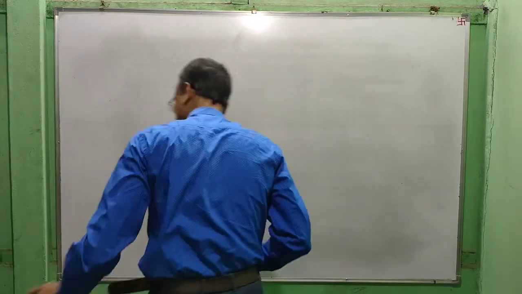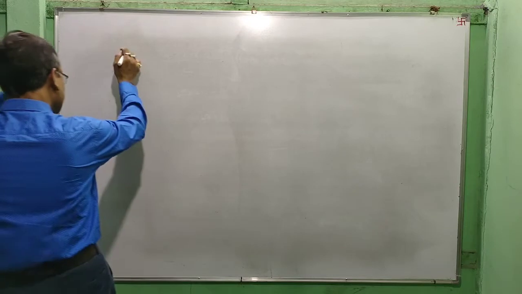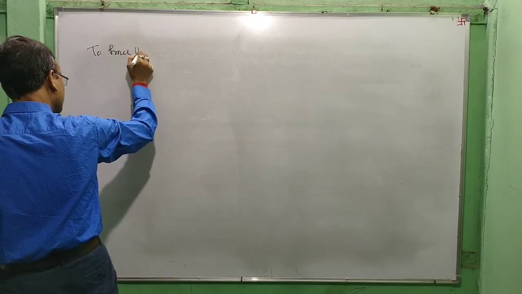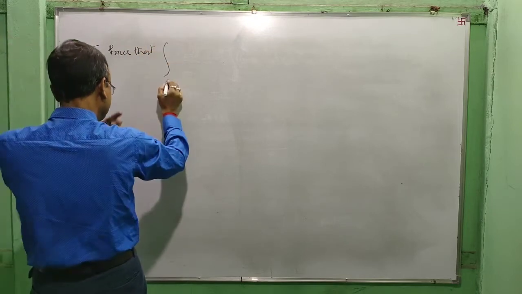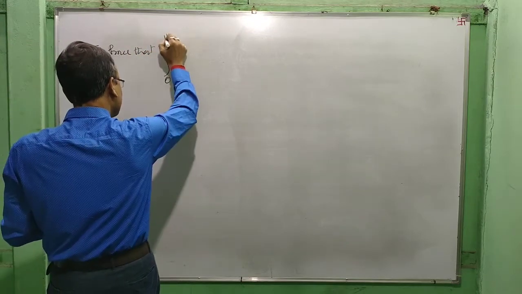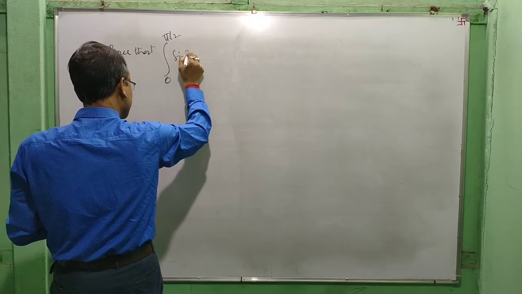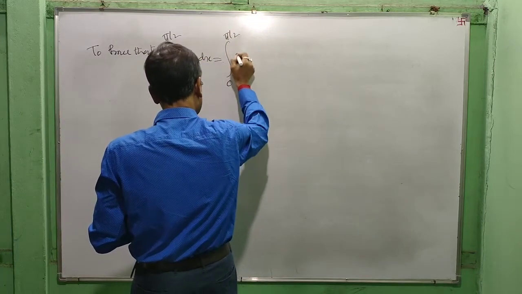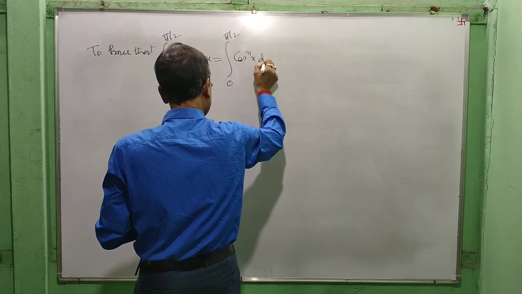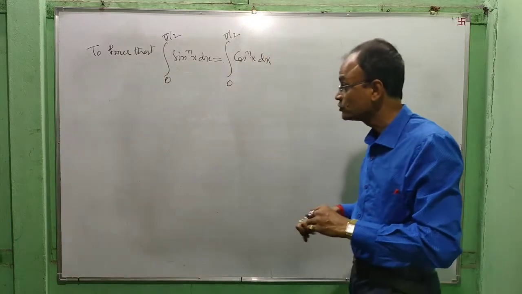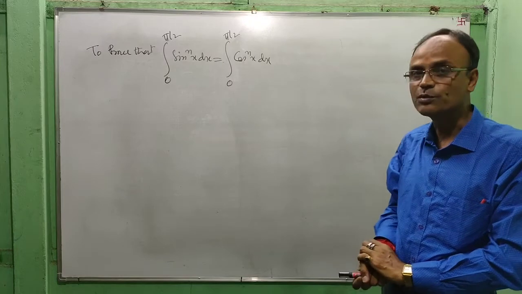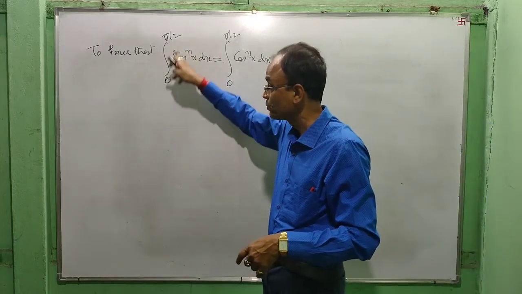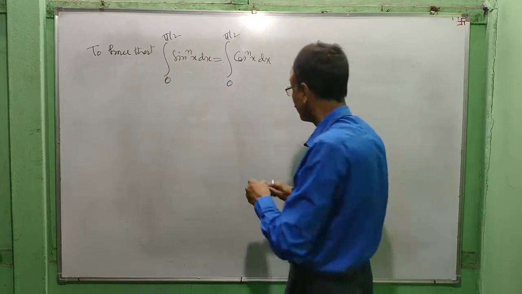To prove that, this result can be applied like this. Integration of sin to the power n x dx from 0 to pi by 2 equals integration of cos to the power n x dx from 0 to pi by 2. When the integration limit is from 0 to pi by 2, then this is equal to